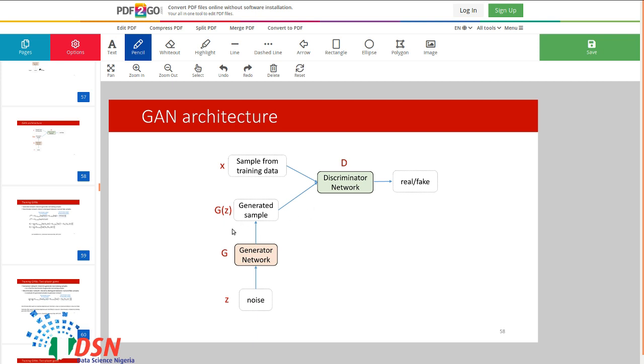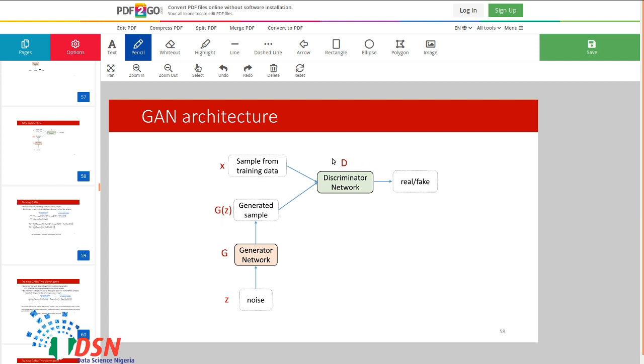We will see the cost functions in the next slides, but the generator network tries to generate samples that are really close and similar to the real images.